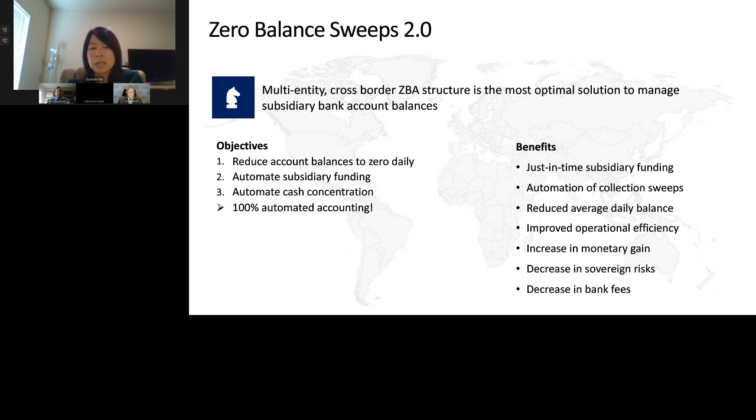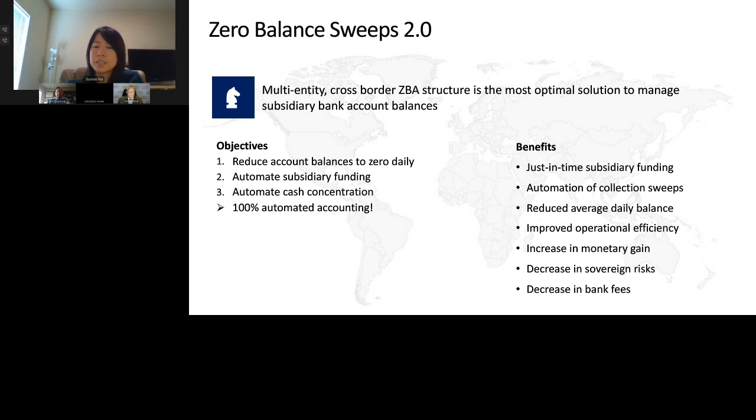So how it works is that when a ZBA transaction occurs between different legal entities, SAP will identify the payer and payee relationship based on the search string on the electronic bank statement and post the debit or credit transactions to the respective entity's in-house cash center account accordingly, and of course automatically.